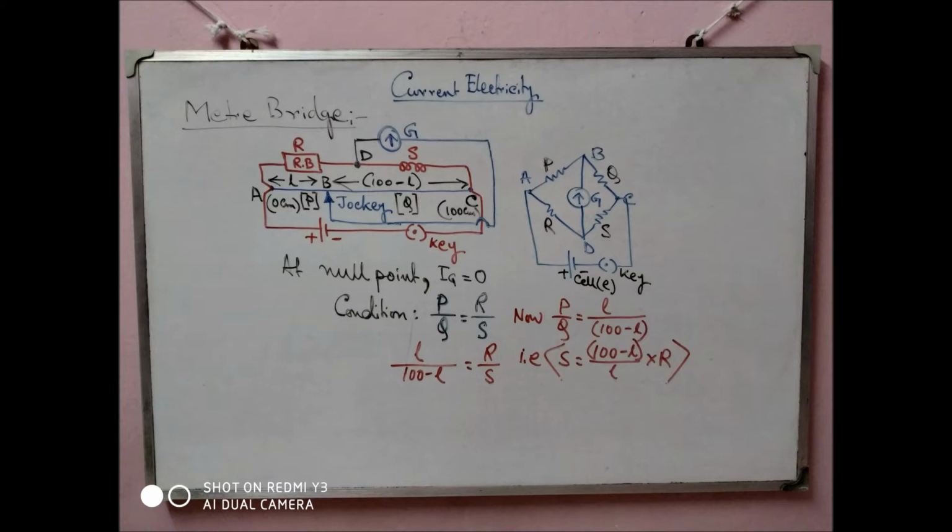The 0 centimeter and 100 centimeter marks are present because 1 meter means 100 centimeter. Marks are present at two ends of the wire. Left end generally 0, right end 100. But maybe opposite also, 0 may be right, 100 may be left. That is not the factor which side is 0, which side is 100. But if you are taking reading, generally you use left side 0, right side 100.